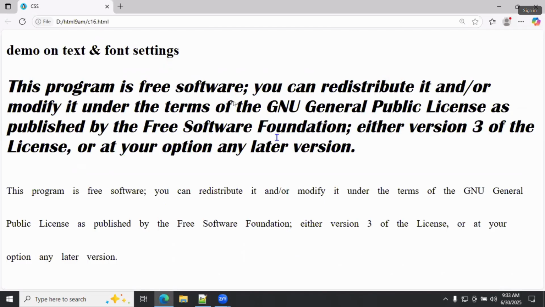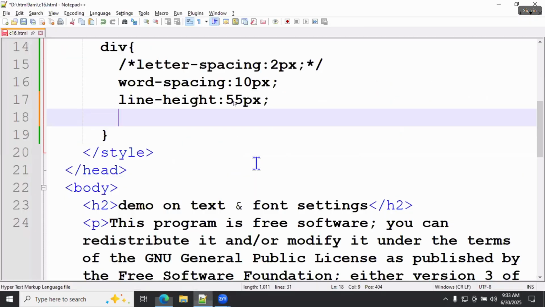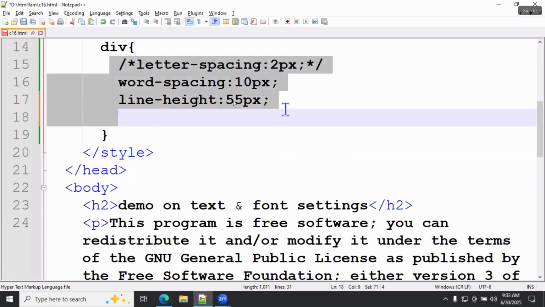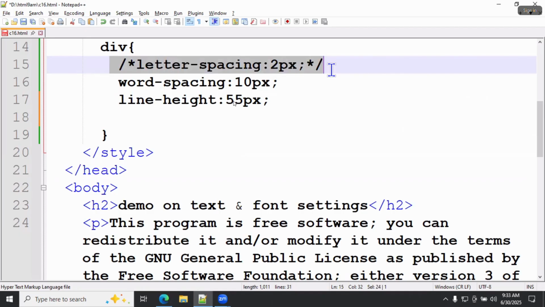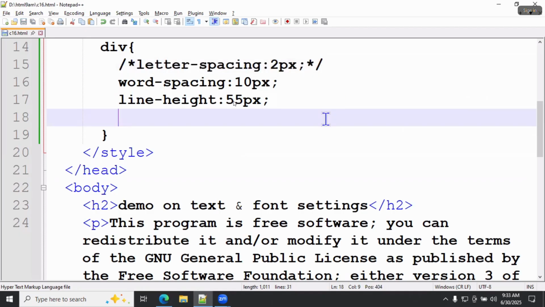So letter to letter space we can adjust, line to line we can adjust the space, and word to word space is also given. So if you are interested, use the three properties at a time, or whichever one you need, only that you can use. Explanation over, but I placed it in the comments. And the next option,